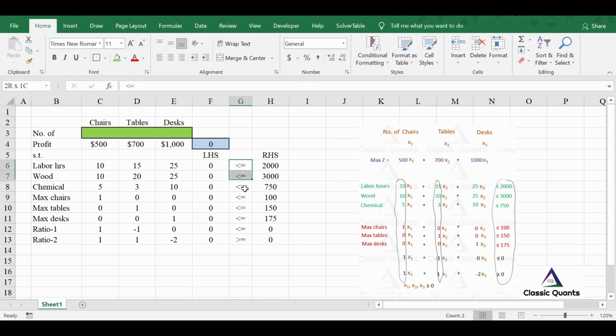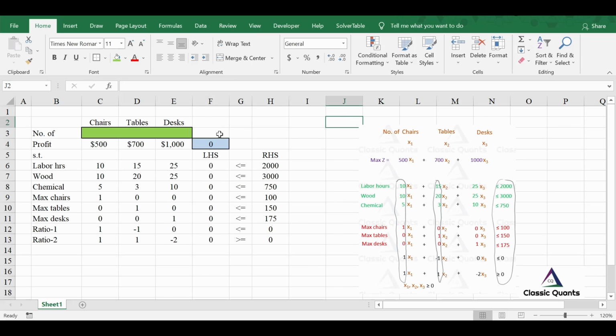So for example, all the less than equal to constraints should come in one place. Then after that, greater than equal to. Then after that, equal to, like that. So less than, greater than, again less than, again greater than, this should not happen. That is what I mean to say. But here it is obviously already sorted from the beginning, so we don't have to worry. Okay, so this is the formulation.